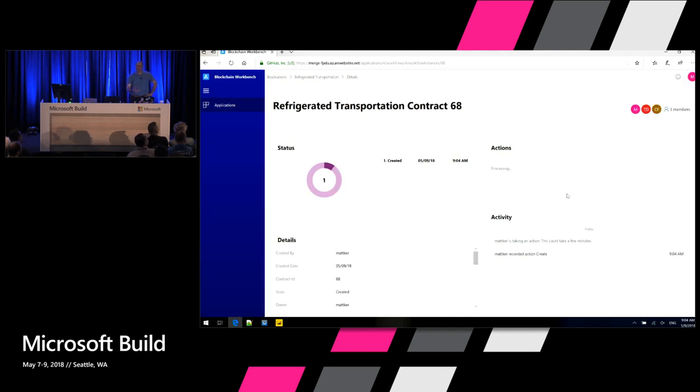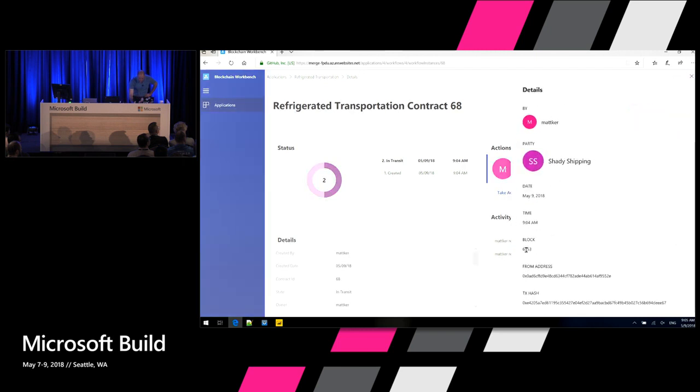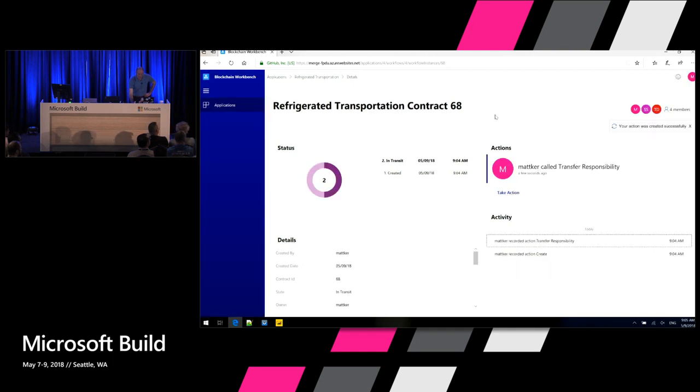And so now, yet again, this is another transaction that's being driven by the UI through that same API, service bus, blockchain, microservice, blockchain, back to the database, and so on. And so now it's been transferred over. And I can see that occurred in block 6553, and here are the blockchain details if I care to go into those. And if I had more parameters that I needed to fill in there, like I transferred responsibility at this location or in this jurisdiction, I could put those in, and those would be reflected as data items in that list as well.